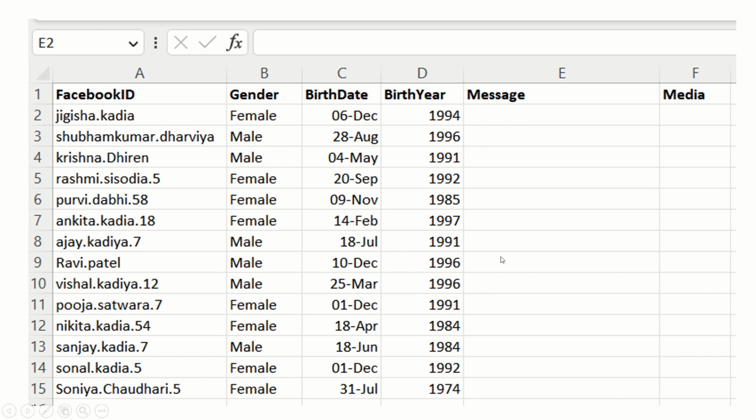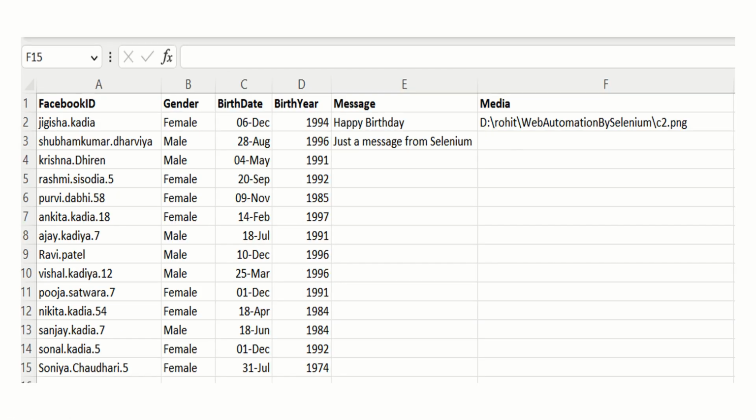CSV file. So if you see here for Facebook, here we have a Facebook ID of the person, then we have a gender of that person, then we have a birth date and a birth year, and then we have two more columns for message and media. And remember, we have not manually created this CSV file, but our Python code will generate this kind of CSV file. That means if you have 600 friends on your Facebook account, this Excel sheet will be filled with 600 data. So after you get this CSV file, you just need to change two columns, which are the message